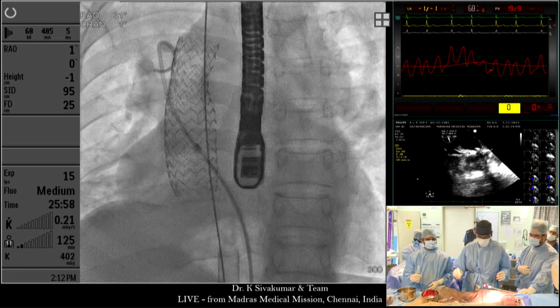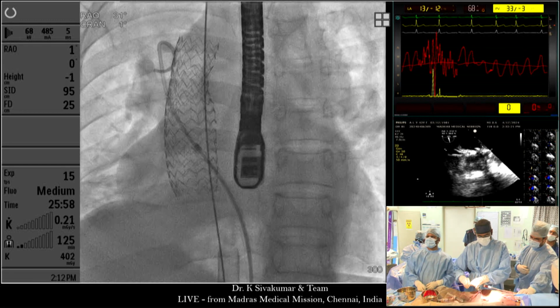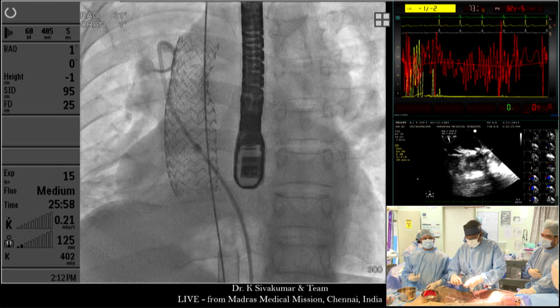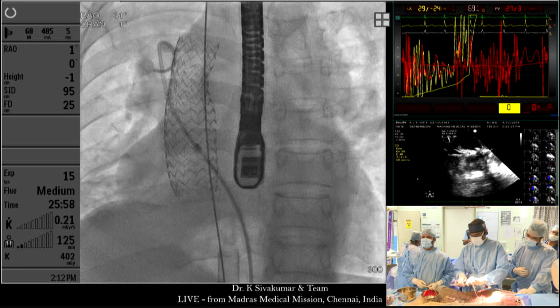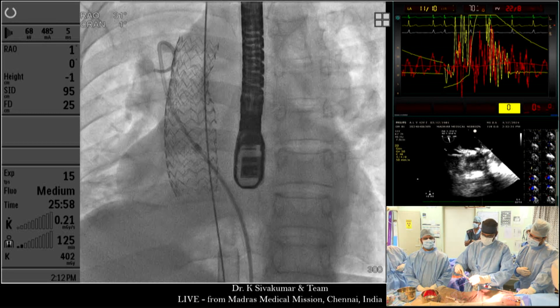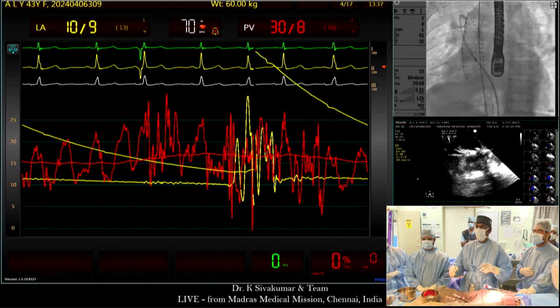So now I'm going to show live the pressure from the pulmonary vein into the left atrium and into the right atrium. Show the pressure live. So this is the